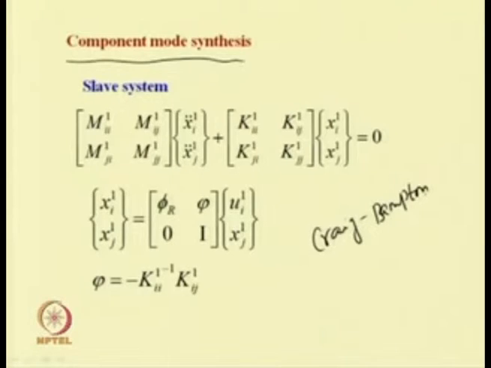type substructure with a larger number of degrees of freedom is represented using generalized coordinates, while the other substructure with nonlinearity is modeled with physical coordinates. So, we can use a substructure technique. We will use two different types of substructure, in which we can use both generalized coordinates and physical coordinates.